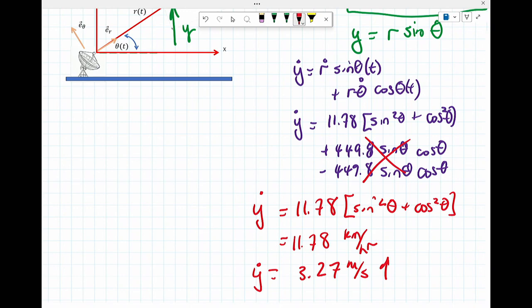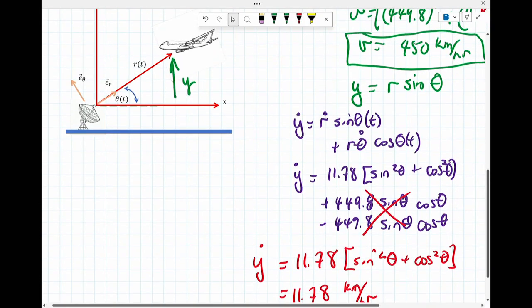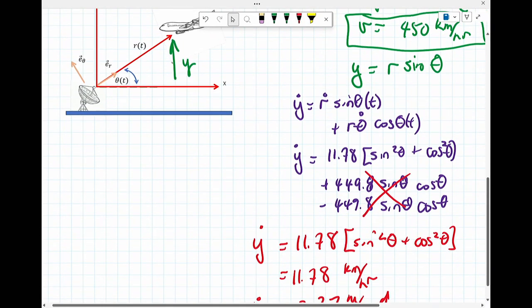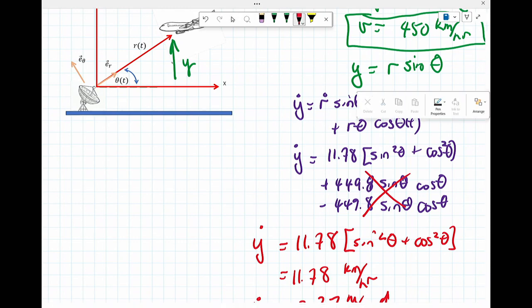Go ahead. In the original equations that we were given for r dot and r theta dot, are we multiplying by t? The t in brackets, are we multiplying by it? The t in brackets is just saying that theta is a function of time. And I probably should not have written it that way because I hadn't written it that way up until now. So sorry, that's correct. Theta is a function of time, but it doesn't matter because I'm taking it at one instant. I am solving for it from there, and I'm doing the conversion. And this problem right here